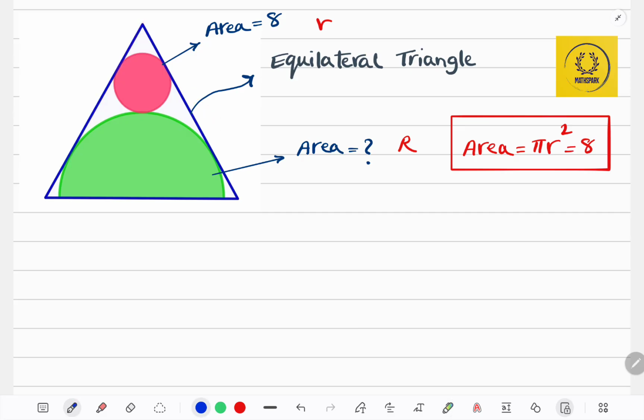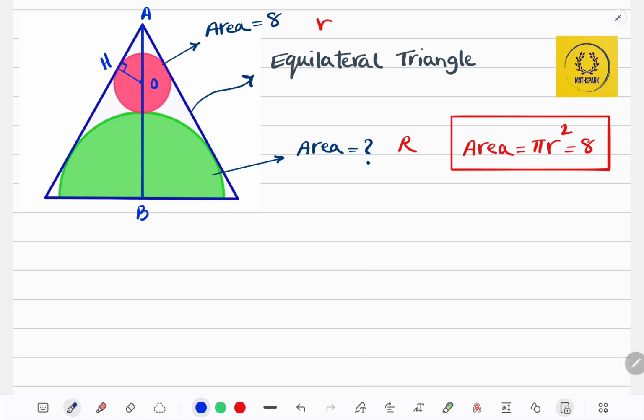Okay, so if this is the center of this circle, I'm gonna draw the radius, and we know that the radius of any circle is perpendicular to the tangent line in point of tangency. So we have a right angle here. Okay, and then I'm gonna draw the altitude of this equilateral triangle. Let's call this A,